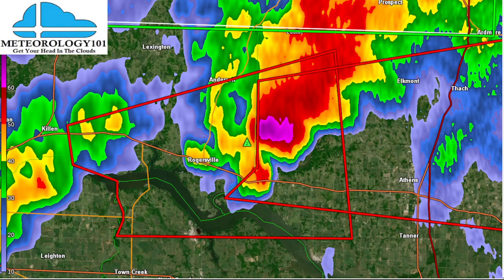They've just updated another warning. This one, radar indicated rotation. Look out for flying debris. Severe thunderstorm capable of producing a tornado was located near Rogersville, 14 miles west of Athens, moving east at 50 miles per hour. So, like I said,